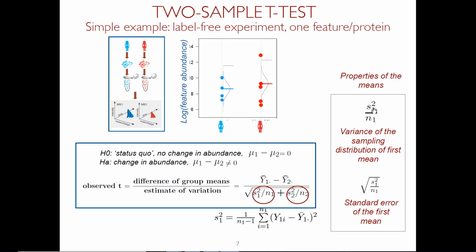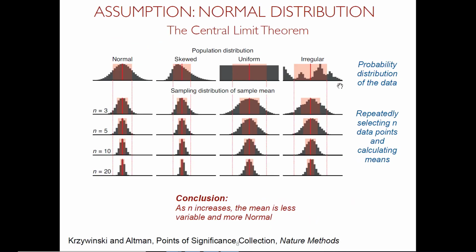And at the same time, the s squared is the numerator. So the larger is the variance of the original population, the longer it will take for us to become